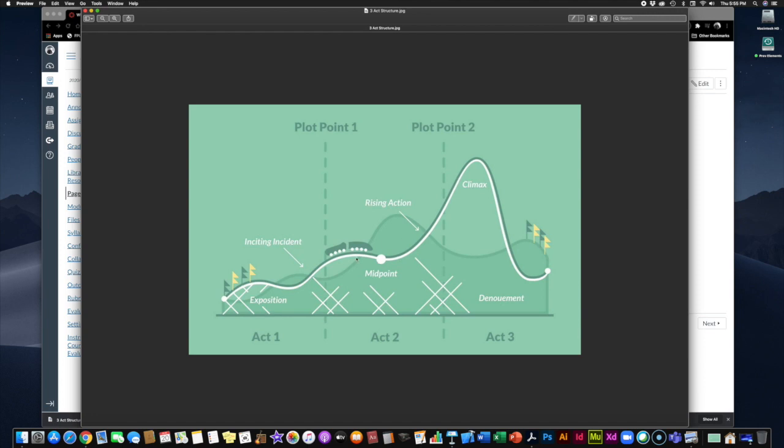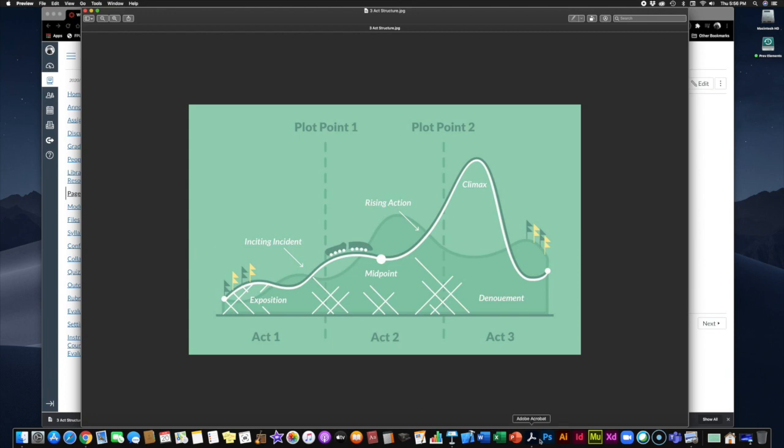And then, of course, there is the big rising action, which is easy to understand if you're thinking about sort of an action movie, but this can happen in all sorts of different kinds of movies. It doesn't have to be very bombastic action. It can just be any sort of action. And then as we move into Act 3, there's a giant climax, which of course is where things resolve themselves and come to a big conclusion. And then the end of the story kind of wraps things up and brings the characters back down to a new starting point. Now, presumably, you can then tack on another 3 acts after this and start a new story. That's sort of how sequels work, right? So that's the 3-act structure.